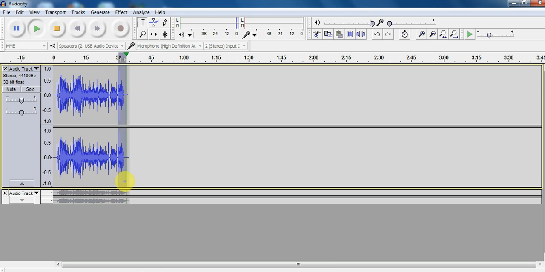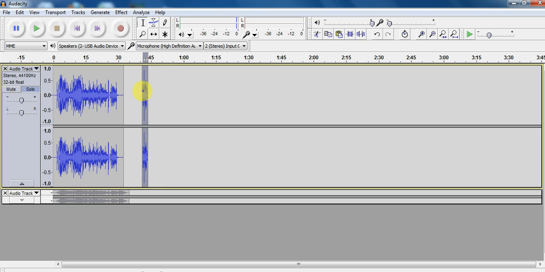So I'm going to make a little sample real quick to talk about echo. Now echo is very different. So I'm just going to mess this file up because I don't particularly need it. I'm not attached to it. So I'm using my arrow keys and the shift button to select just a little bit of sound. I'm going to cut that out. Create a new track. Actually, no, I'll put it right here. And we're going to add a bunch of echo to that.